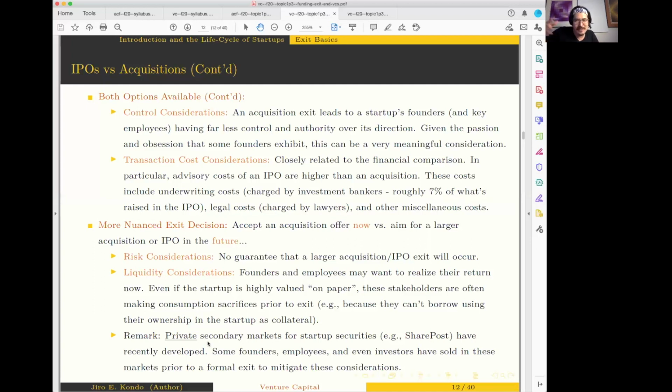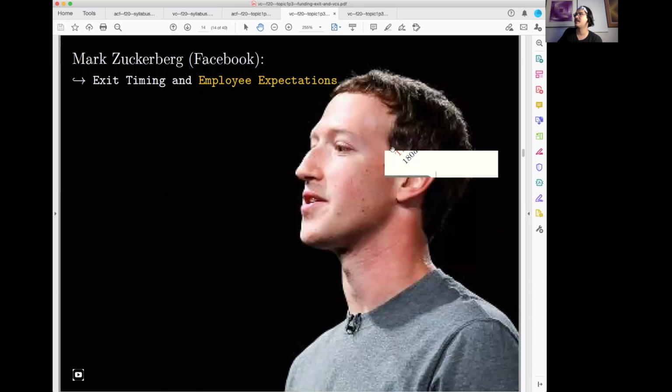Some of these things change over time, depending on how deal-making practices change, how markets change. So this practice of selling some founder shares in a funding round alleviates the liquidity constraint, right? Another thing that's alleviated it is the rise of private secondary markets. I won't discuss this in the lectures, but I do believe that I have a slide on this.